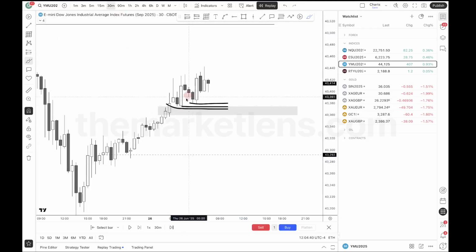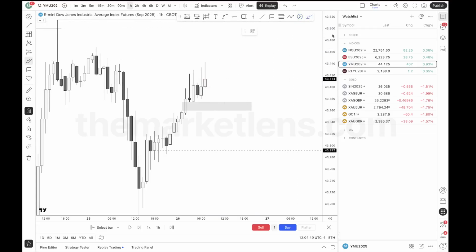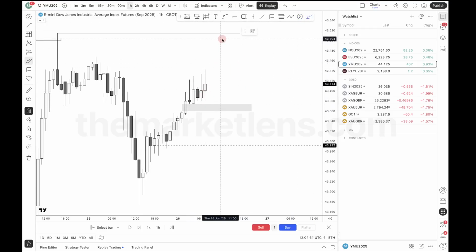So if we go to 30 minute, here's the relevant lows, which is just a fair value gap, the fair value gap high here. So I want to see the driver. If this is going to be an expansion, what do I want to see the drivers do in expansion? I want them to expand away from the low of the day. So here's the low of day. I want the driver to expand away from it. But in order for me to trade expansion, I need to be trading from a key level. So I want to see the driver trade into the key level and put in the reversal, right? That's how I teach it verbatim in my video.